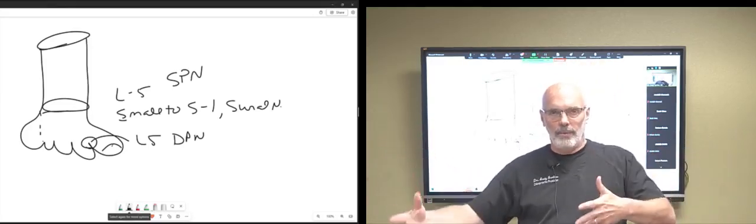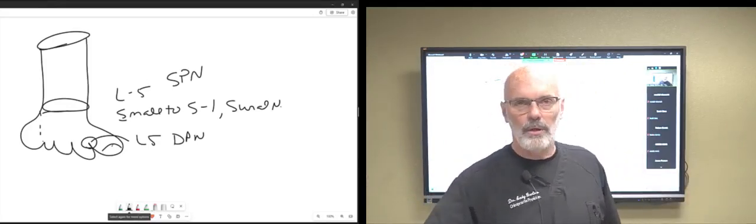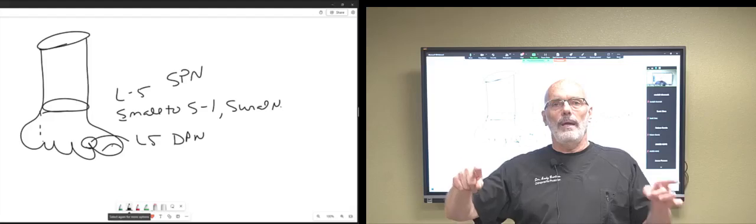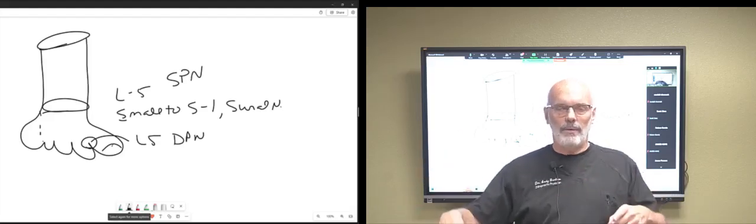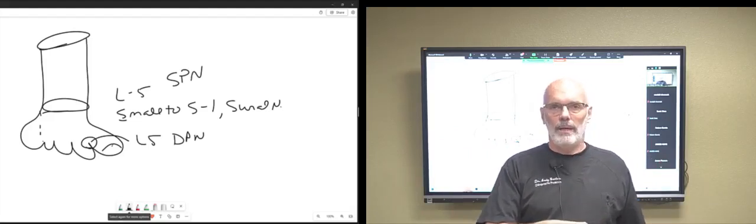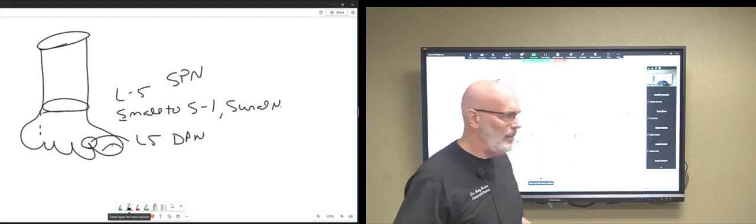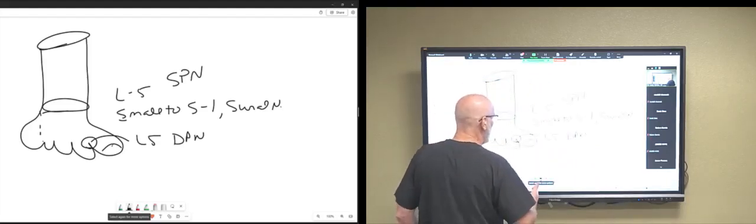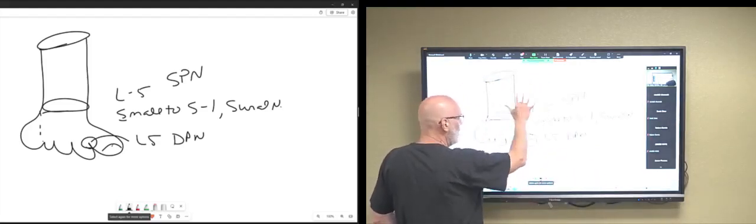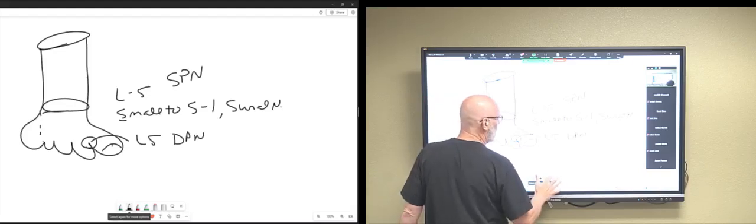So now we've got decreased oxygen. We're testing their temperature, which we're going to go through the blood flow in just a minute. And then we've got decreased oxygen, decreased blood flow. We've got an L5 nerve damage, okay, because of the degeneration in your back. And see, all of these have to be addressed to help optimize this person's recovery. And the dorsal aspect of your foot, L5 controls all of this except for your small toe, which is